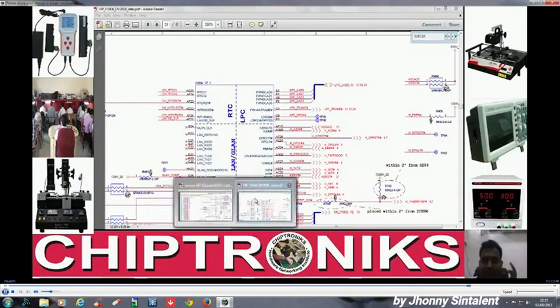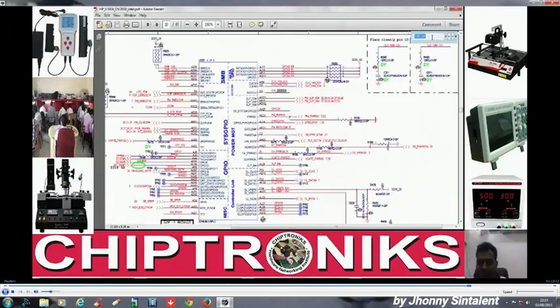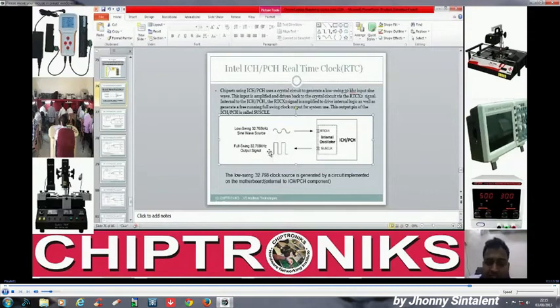What I am trying to explain is that at the SUS clock pin, there would be a full swing 32.768 kilohertz, full swing, no low swing sine wave, like this, full swing. And if it's coming, then your RTC section is 100% turned on and working properly. If this is not there, then your RTC section is not working properly, and then you